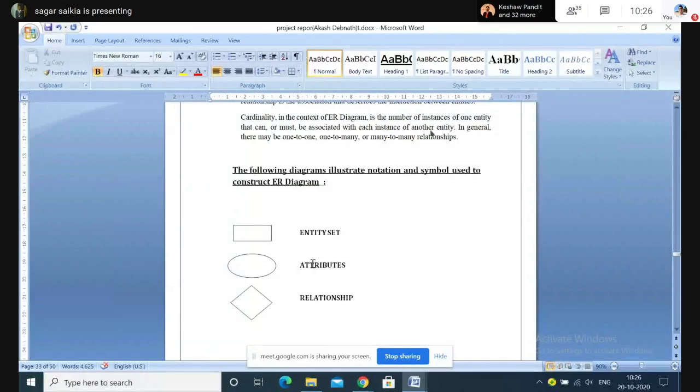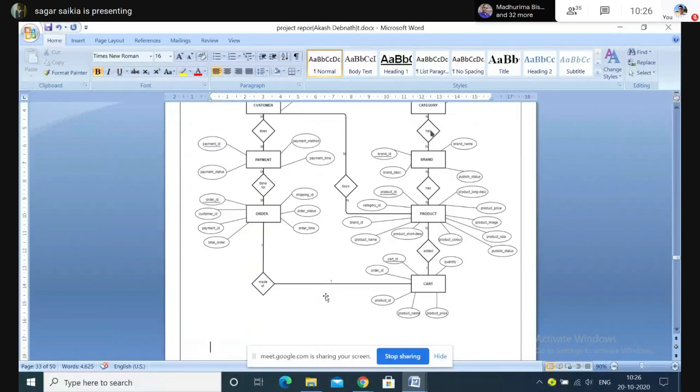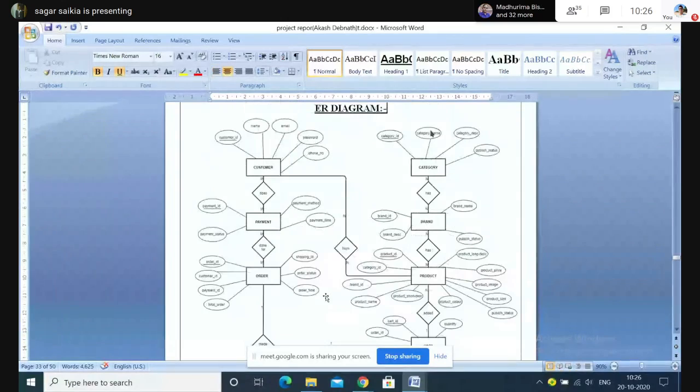Address, okay, all these things. Then relationship: there may be two entities and they may be linked together. So, how do we link that? By defining the relationship that exists between the two entities. Okay, so something like this, the ER diagram is